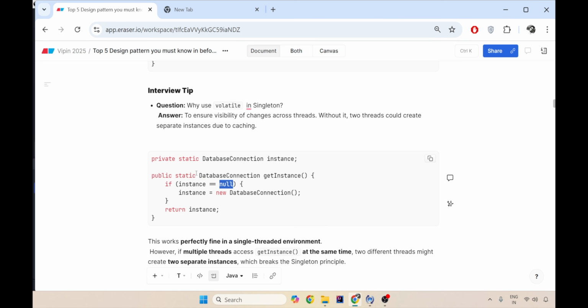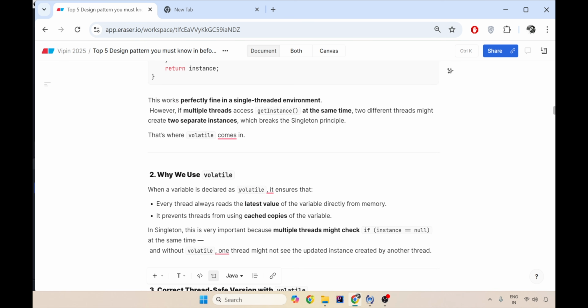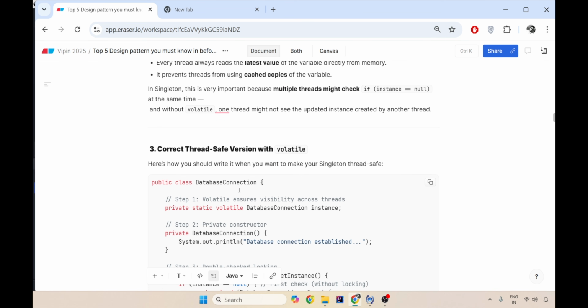Then the second will say, it is not null, I already have an instance, I will return it. But the first one knows the instance is not yet created, so it will create a new database connection, and at the end you will have two database connections. If it is not there, it will create a new one, and you will end up with two database connections.